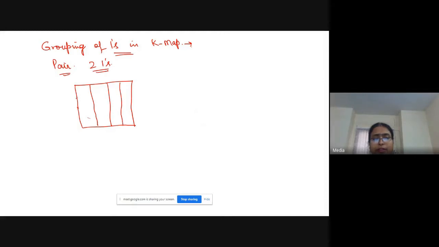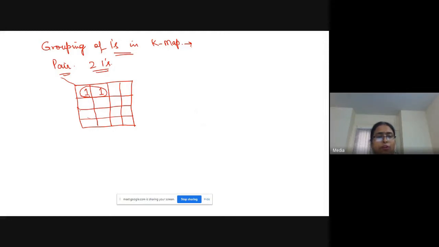Let me take an example from here. If I am getting one here and a one here in a K-map, so these two form a pair, right?